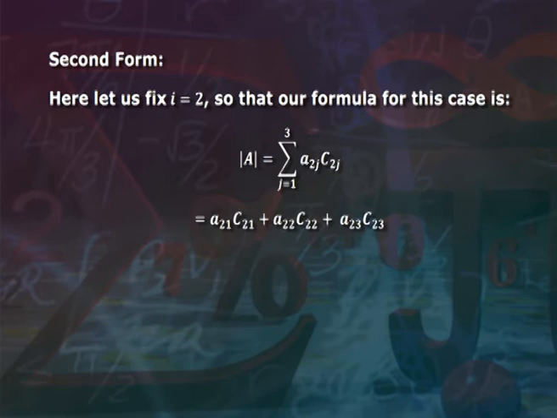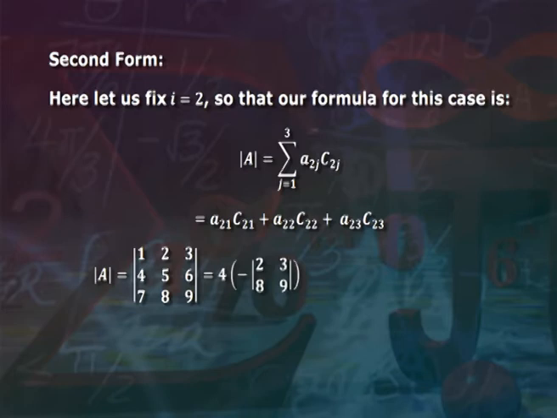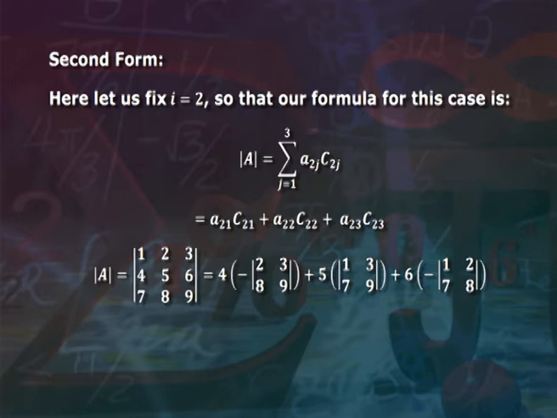Second form, here let us fix i equal to 2, so that our formula for this case is determinant A equal to summation j equal to 1 to 3 a_2j C_2j, that is equal to a21 into C21 plus a22 into C22 plus a23 into C23. Therefore, determinant A is equal to 4 multiplied by negative of the determinant 2, 3, 8, 9 plus 5 multiplied by the determinant 1, 3, 7, 9 plus 6 multiplied by the negative of the determinant 1, 2, 7, 8,